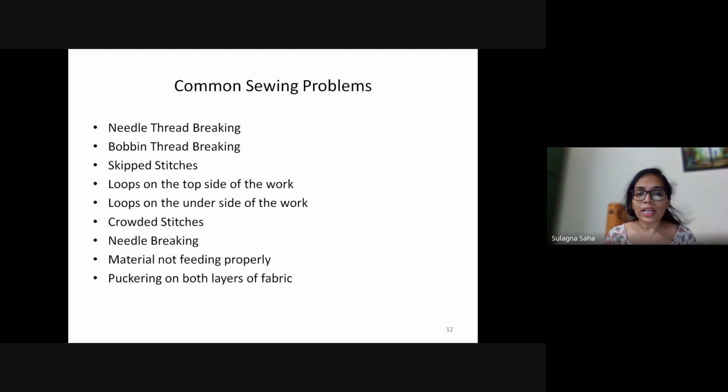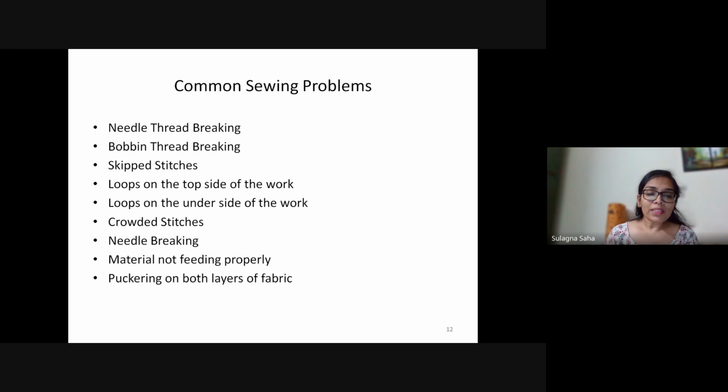You might not realize because it's such a tiny thing. So in those cases, the thread can break. Also, what is the quality of thread we are using? A poor quality thread might break. Also, if we are using a thread which is very light for a heavy fabric, that can also cause it.